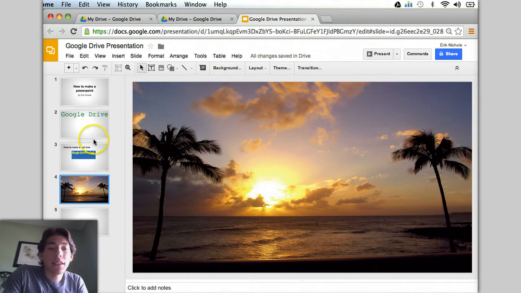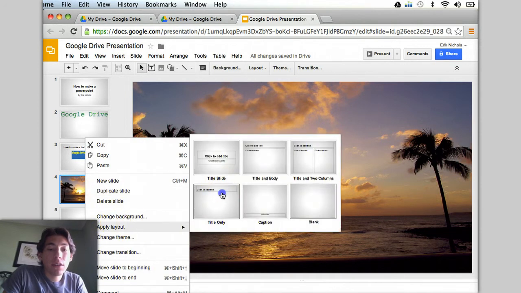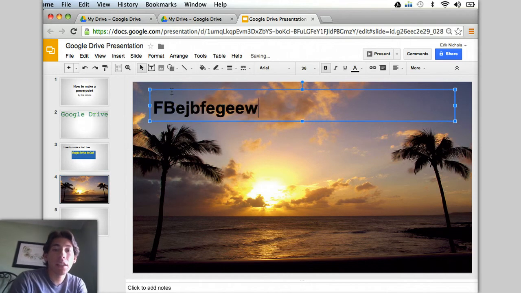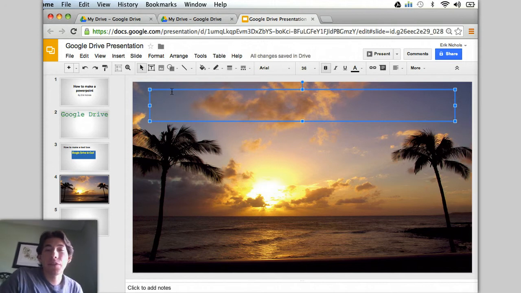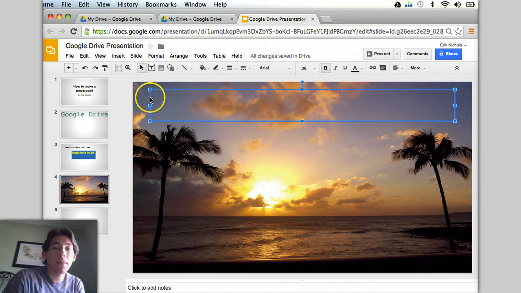I know a lot of you guys like to just change the layout, and you can. You can go right over here and click apply a layout and click a title page on top, and you can see it up here. However, when I type it in, you get the lettering, and you can see it pretty clearly. However, for me it doesn't look professional, and so to make it look more professional, I typically use a